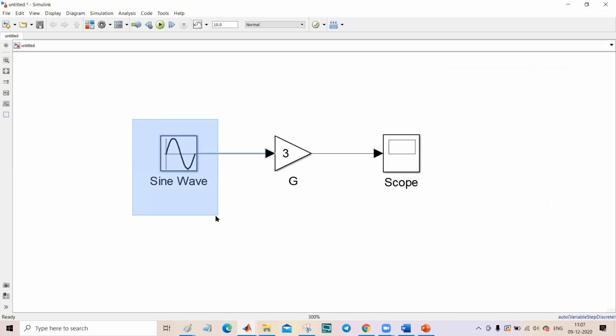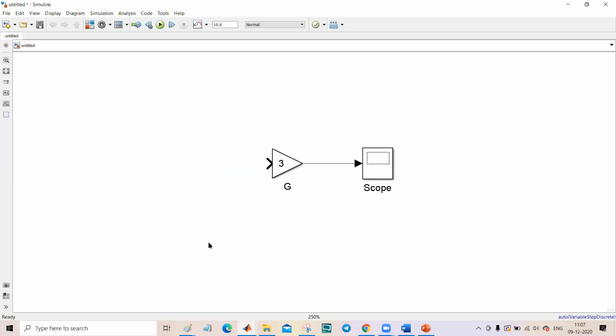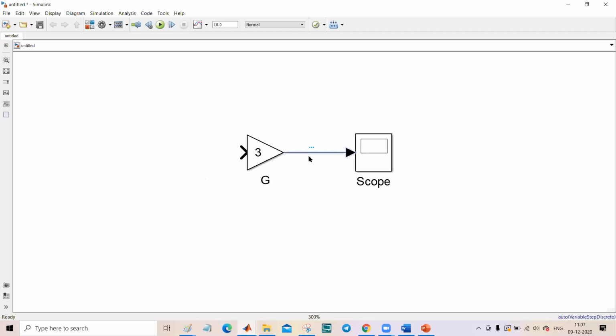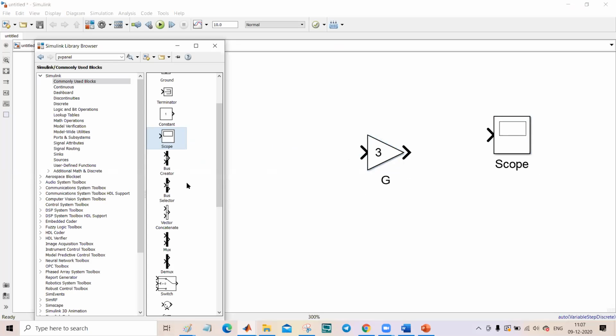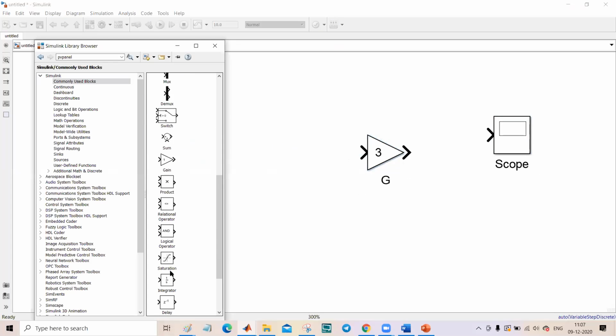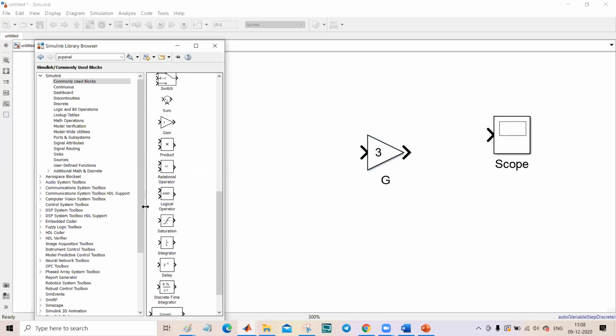Now here I need to build the subsystem model, right? So now you can see here. Go to the library browser. All of you go to the library browser. From the library browser, I need to implement the bang controller, right? For that bang controller, you can see a relational operator is there. In commonly used blocks, you have the relational operator. So take that relational operator,